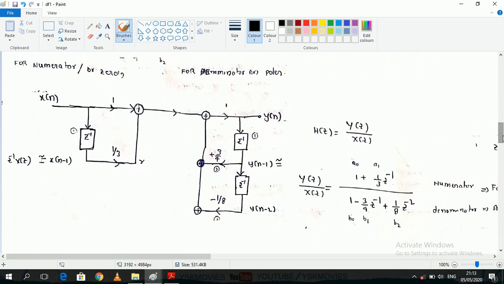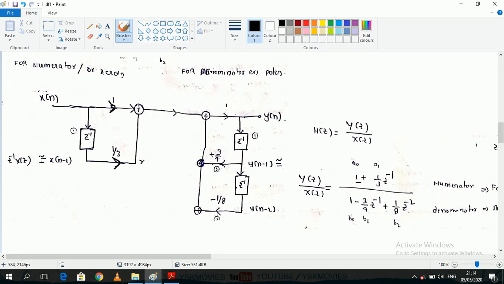So, complete equation. See this. This is, by using direct form one realization, 1 plus 1 by 3 z inverse. So for the numerator a naught, put an arrow mark for one value, the a naught value, and 1 by 3 is another coefficient value. This is 1 by 3. See, here in the denominator, there are three coefficients, right? This is b naught, this is b1 and b2.